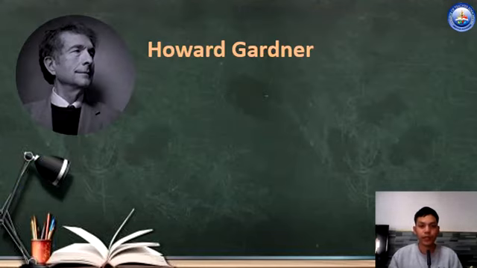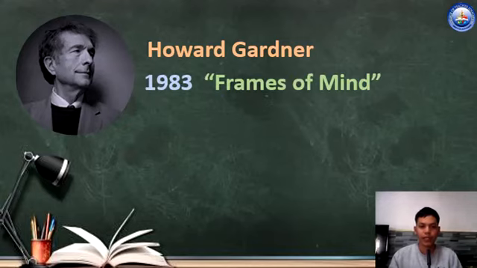So let's proceed to the background of this theory. The theory of multiple intelligences was first proposed by Howard Gardner in his 1983 book entitled Frames of Mind, where he broadens the definition of intelligence and outlines several distinct types of intellectual competencies. Gardner developed a series of 8 inclusion criteria while evaluating each candidate, based on a variety of scientific disciplines.